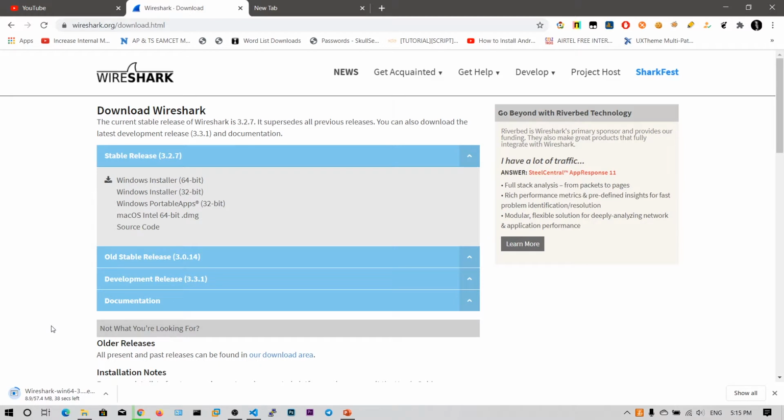You can easily install Wireshark on Linux operating systems. All you have to type is sudo apt install wireshark, and it will install the entire software for you. One thing you need to notice is in Linux systems, if you run Wireshark as a normal user, then your adapters will not be found by the application. You need to run Wireshark as administrator, so you need to type sudo wireshark. That's a very important tip to know.